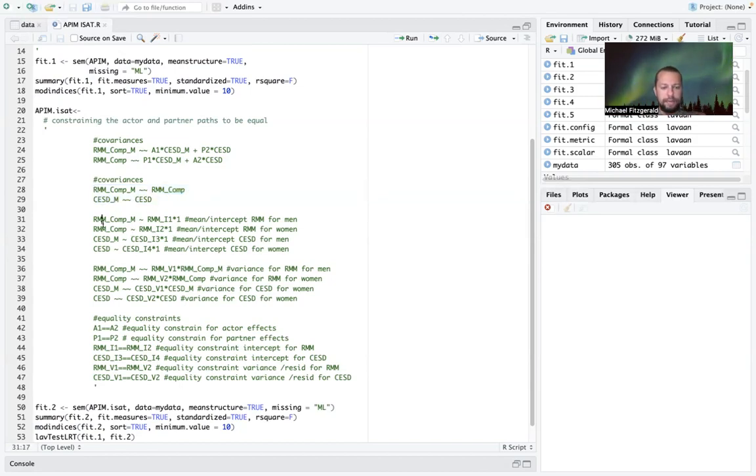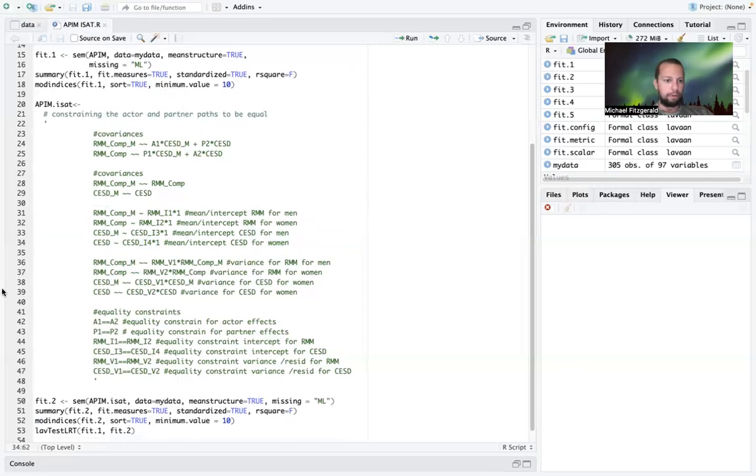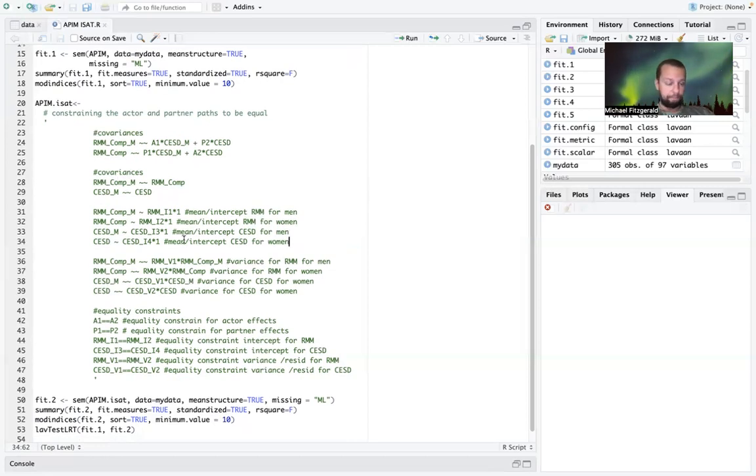And so down here, we are constraining the means, or the intercepts, to be equal. All right, and so what you'll see is I'll actually be modifying this code. I'm just going to walk you through it real quickly, and then I will go in and actually do the constraining, because as of right now, it is not fully constrained. Or there's actually a second way to constrain the code and the syntax. And